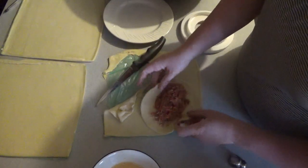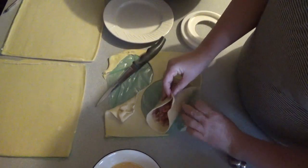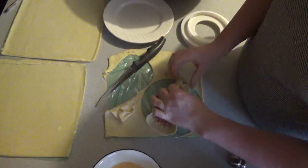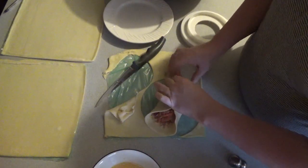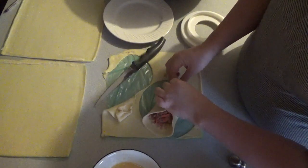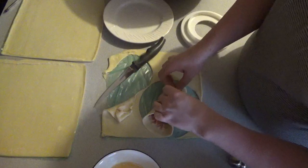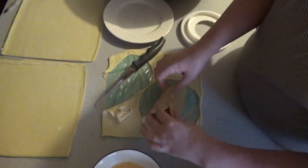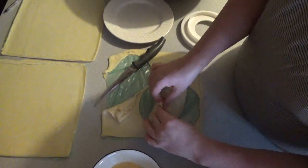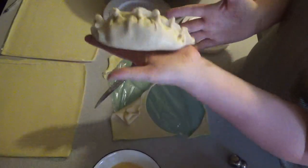Right. And then just pull it up in the middle and pinch it. You can sort of pinch it together a bit, and that'll make it look pretty and also help it to stick really well. So that is sort of a regular sized